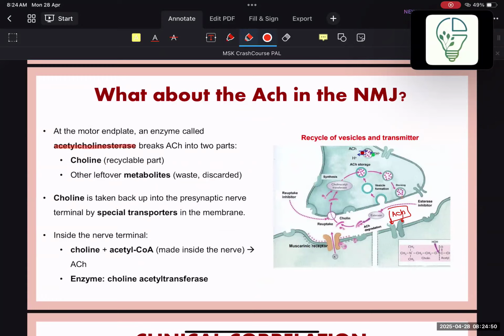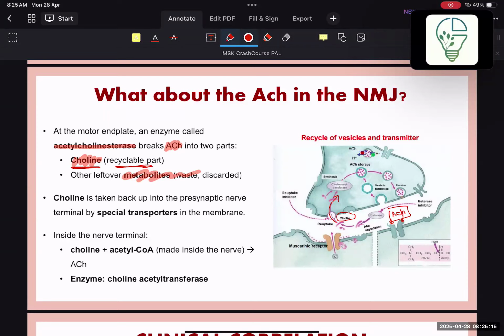What this acetylcholine esterase is going to do is break down the acetylcholine into choline, which is recyclable, and other waste products that we don't need to discuss, they're just going to be discarded. But the choline is pretty important because we're going to recycle it back into our cycle. So the choline will go back from the synaptic cleft into the neuron, and inside the presynaptic terminal, it is